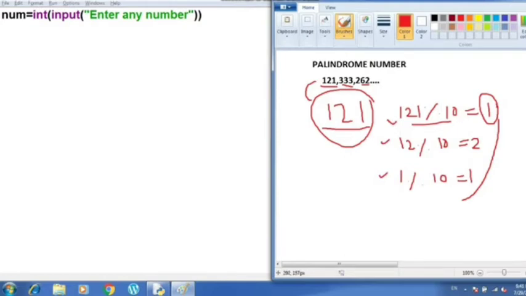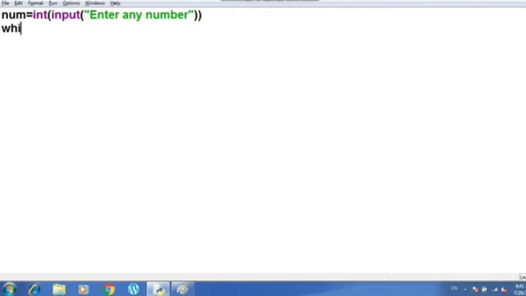Till the time the number is greater than 0, we will execute the loop, and then we will do all these calculations inside the looping statement. So I am using a while loop statement here. I have written while number is greater than 0. So till the time the number is greater than 0, this loop will execute.